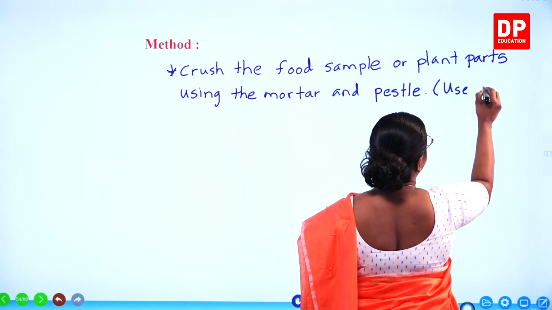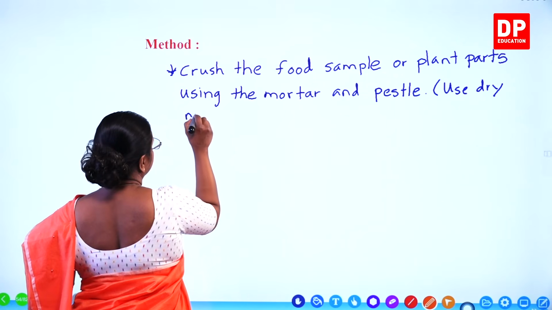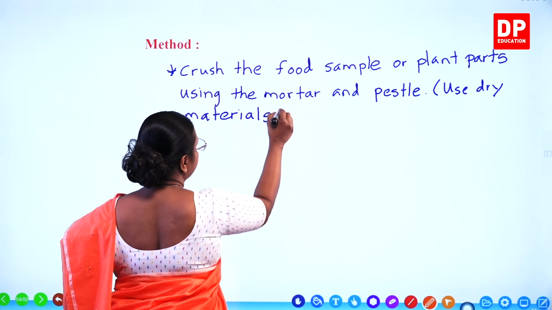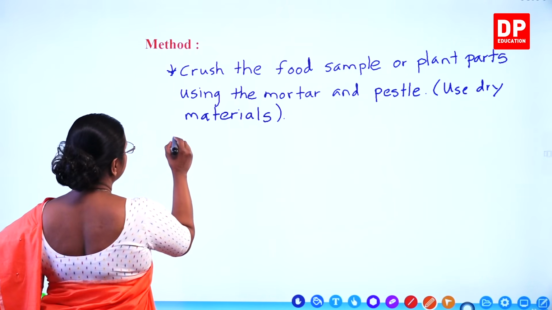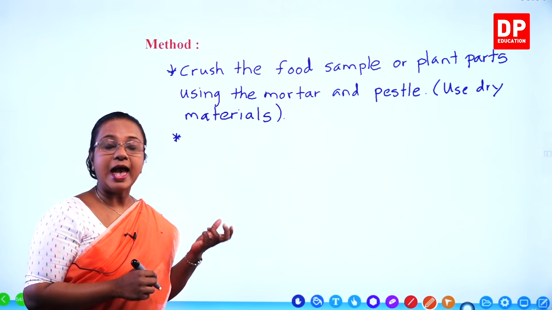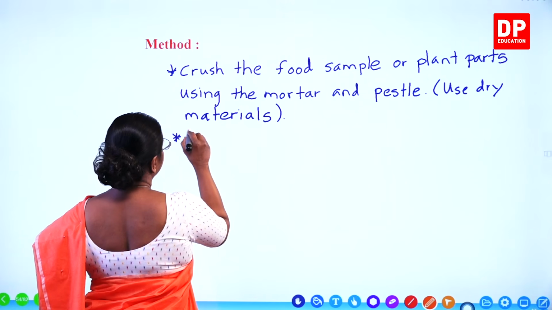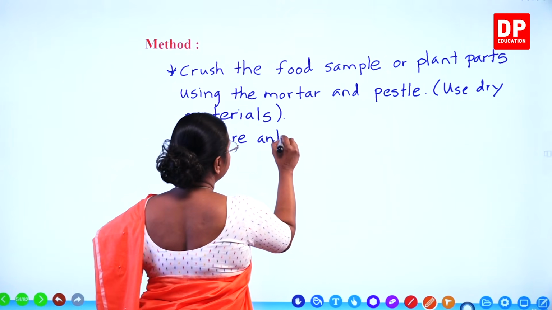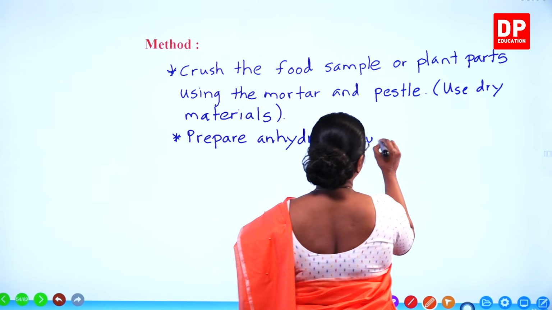Use dry materials so that there is no water on the surface. Then what do we do? We need to prepare anhydrous copper sulfate. Prepare anhydrous copper sulfate